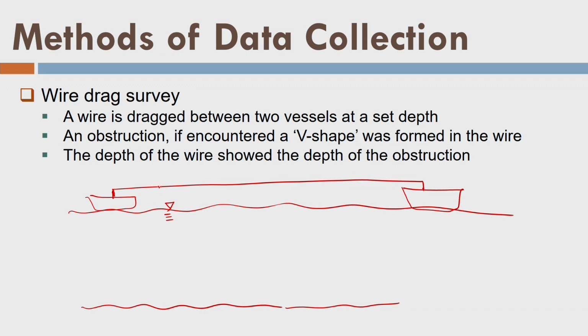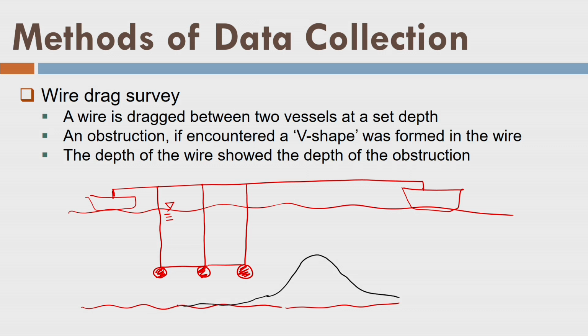Okay, on this wire what do we do? We have some buoys, okay, and then we try to suspend some heavy weights like this. These are my heavy weights here, okay, and again we suspend another one here, like this, and they are also connected here down. Similarly, we keep on doing this. Fine. Now let us say there is some obstruction like this here on the water surface. That means the river bed or the sea bed is like this. Fine. Okay, that is here. This is sea bed, and sea bed is here like this.